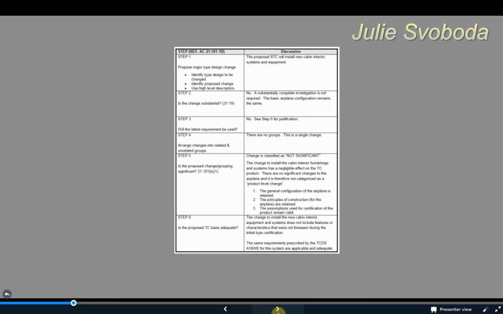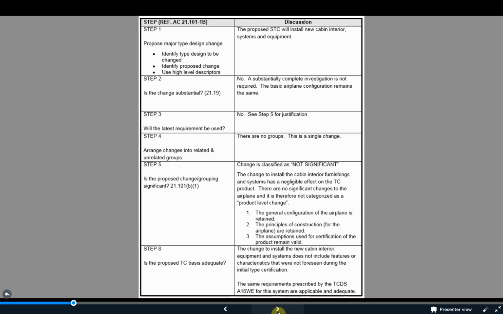analyzed in this manner. Most of our projects are not significant, but on occasion we do have one that is deemed significant, usually because the original certification assumptions are no longer valid, like projects changing from analog gauges to digital. How do you know? Advisory Circular 21.101-1 provides a process for evaluating a change to see if we can use the exceptions when developing the proposed